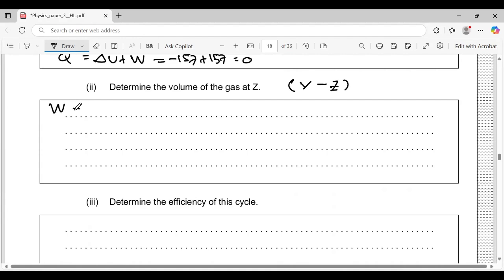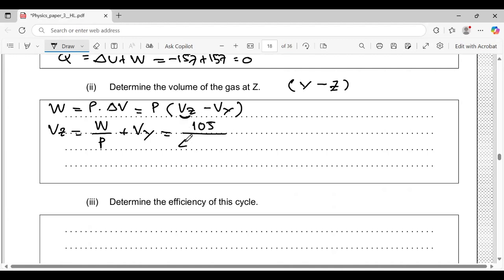So W equals P times delta V equals pressure times volume at Z minus volume at Y. We are going to find the volume at Z. Rearranging this formula, V_Z equals W over P plus V_Y, or 105 over 4.8 times 10 to the power 5 plus 0.25 times 10 to the power minus 3. And it is